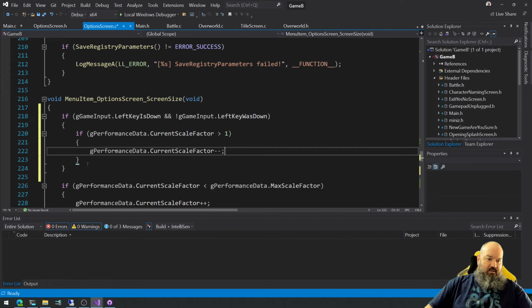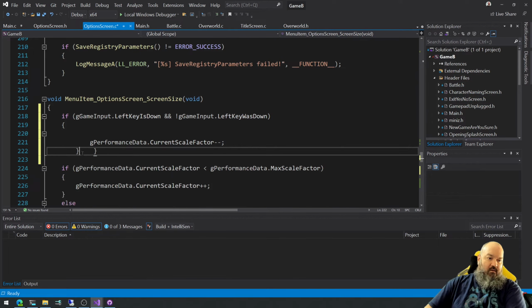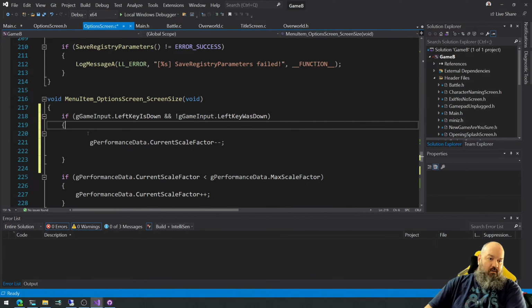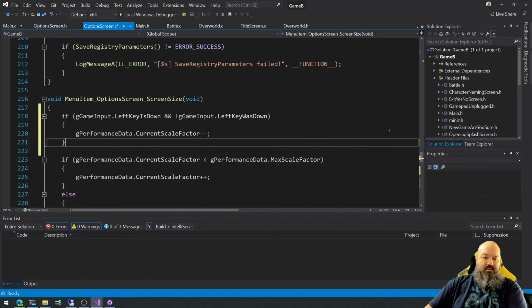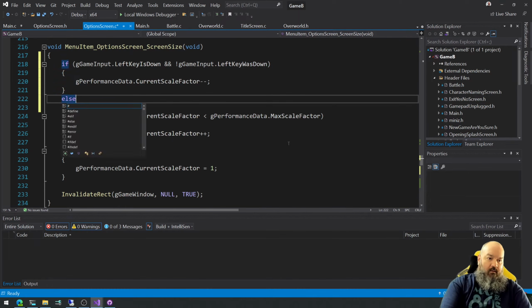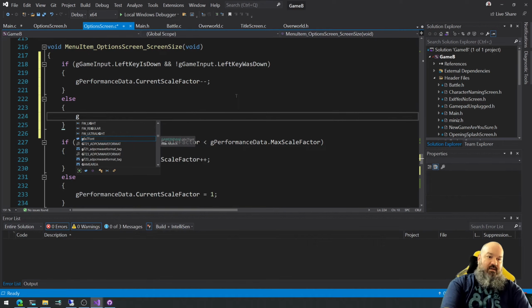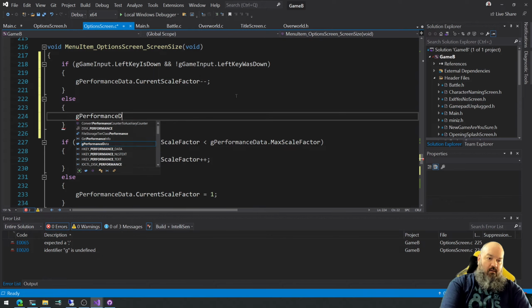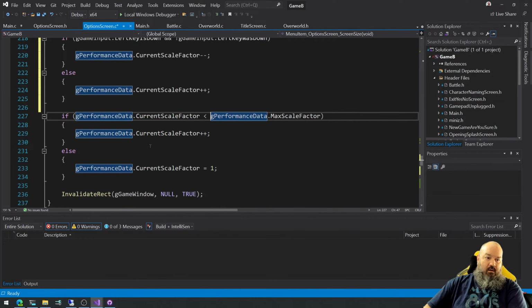Let's just do this. Just to make it easier on myself, I'm just going to decrement scale factor unconditionally if the left key is down, but if the choose key is down or the right key is down, then we are going to unconditionally increment. And we're going to say